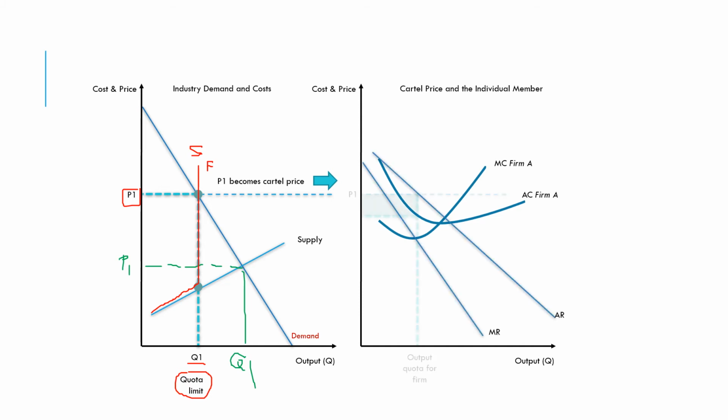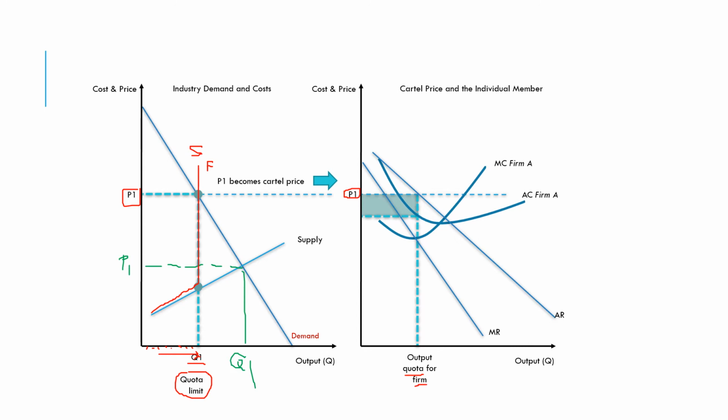And then we add in the market price. Now the market price currently is P1. They're maintaining a high market price. Each firm will receive a quota, a limit for them to produce. So this is the quota for a particular firm. And if you add all the quotas together from all the firms in the cartel, then we get to Q1